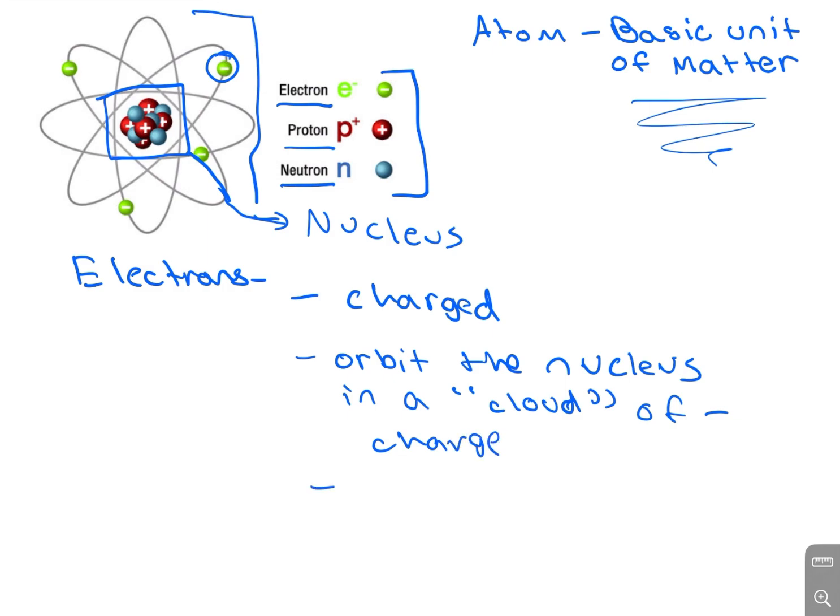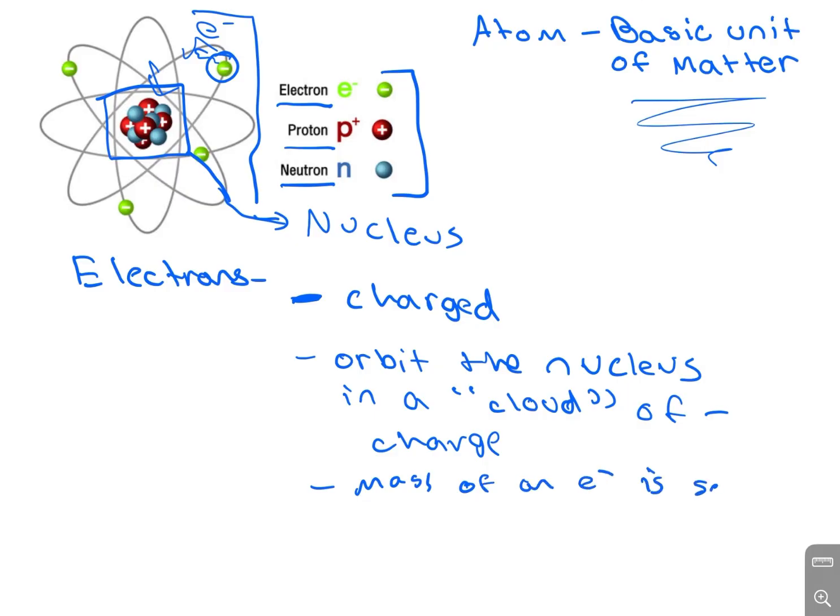So basically it's orbiting around the nucleus right here. These are electrons, so electrons in a cloud. I wouldn't say it's a full cloud. They refer to it as the cloud of negative charge because electrons are negatively charged. And so the third property, I'd say, is that the mass of an